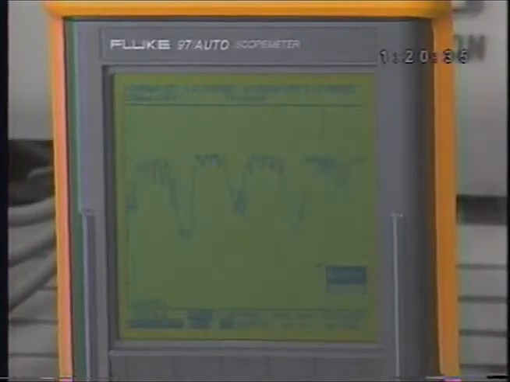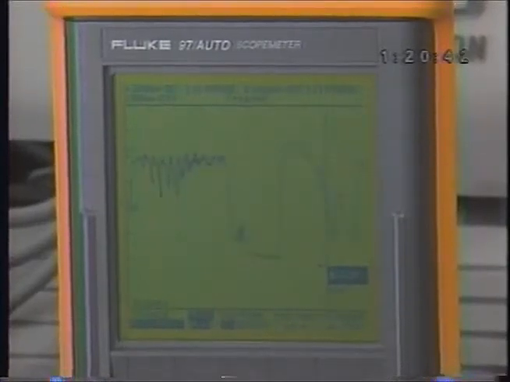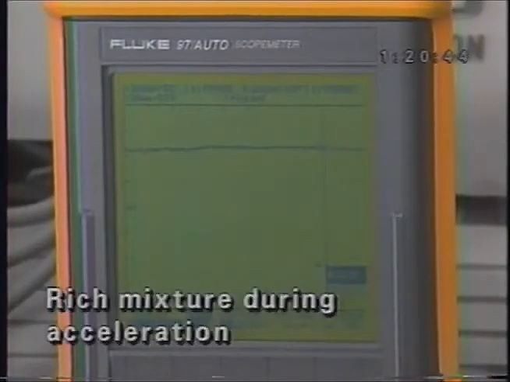The signal you're watching is oxygen sensor voltage as it rises and falls, tracing the mixture changes from rich to lean. Goose the throttle and watch the voltage follow the mixture. Rich during acceleration,